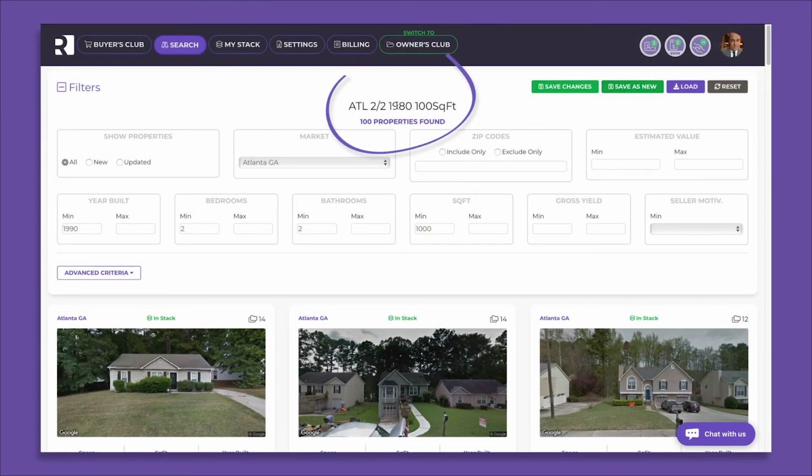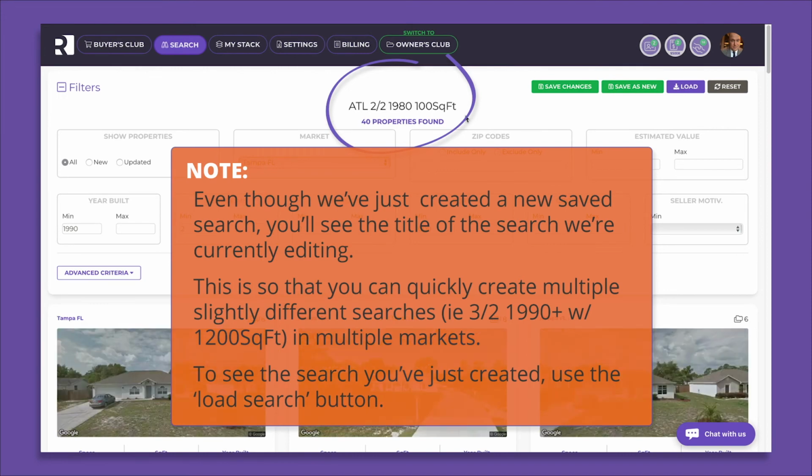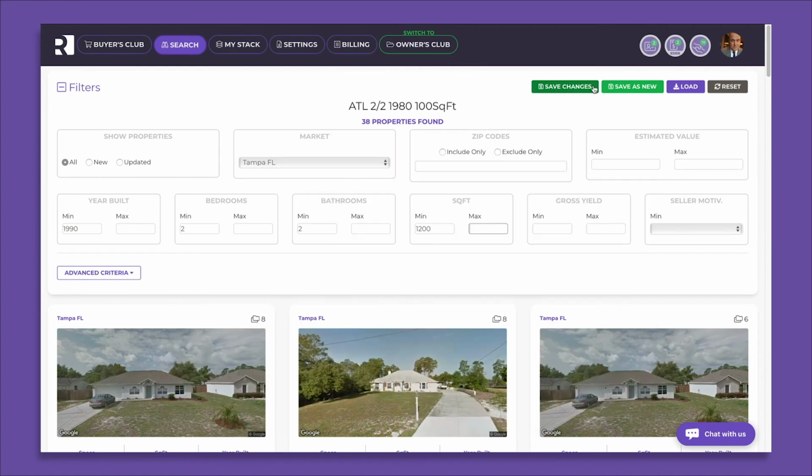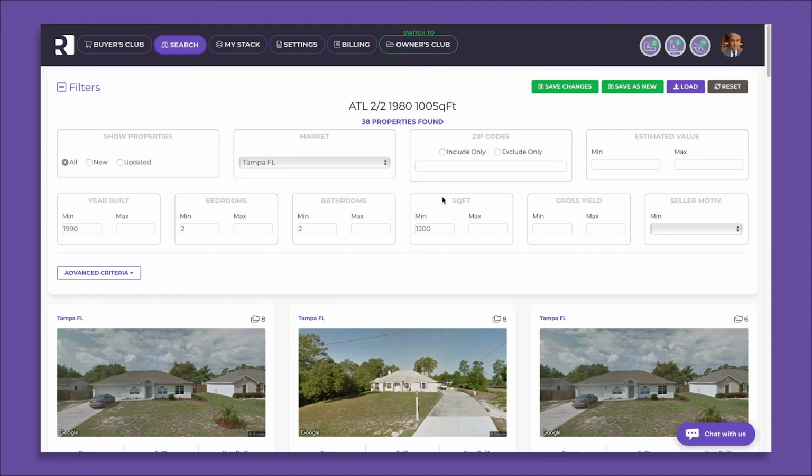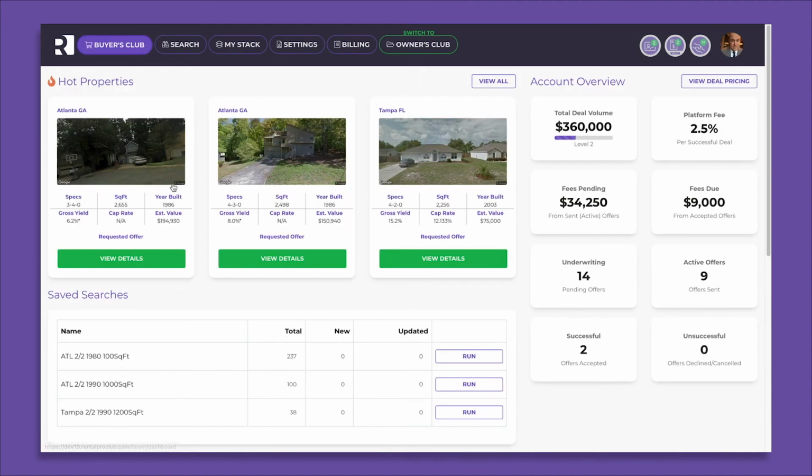Done. Now let's do another one. Let's say Tampa is another place we're interested in, and we're going to ask for a 1,200 square foot footprint in Tampa. And we're going to save those changes as a new file. Tampa 2 2 1990 1,200 square feet. So now we're going to save that search, and when you go to your Buyers Club menu,